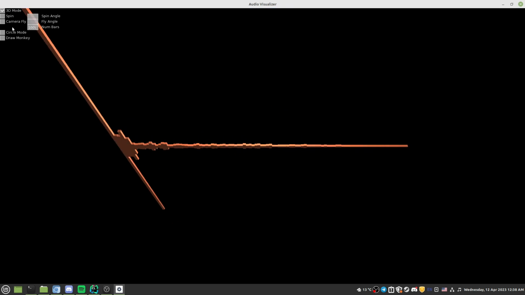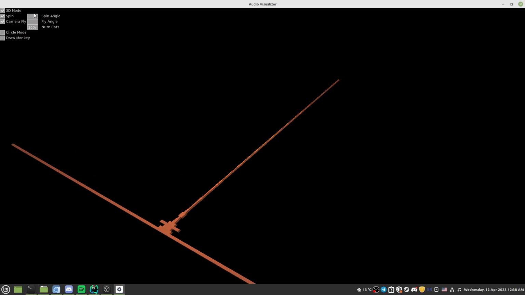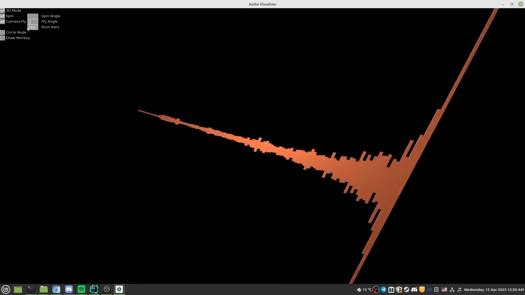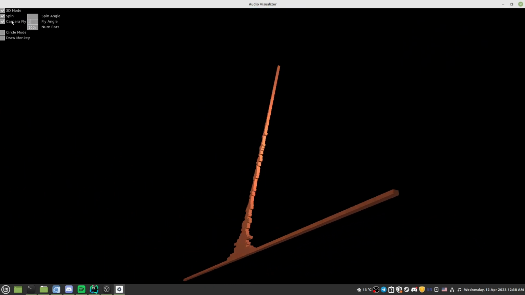And then there's the 3D mode. So these are 3D bars. Looks a bit weird because again the light source is right above it. I can spin it. I can have the camera fly around. You can also set the spin angle and the fly angle. So one. So this is back to